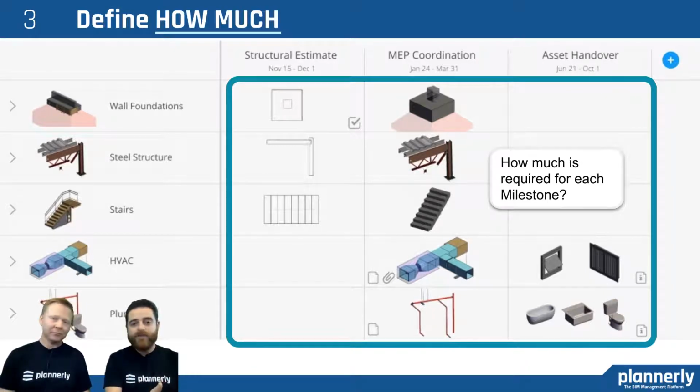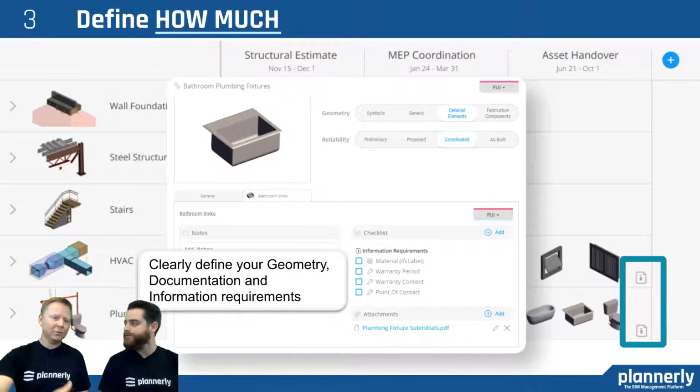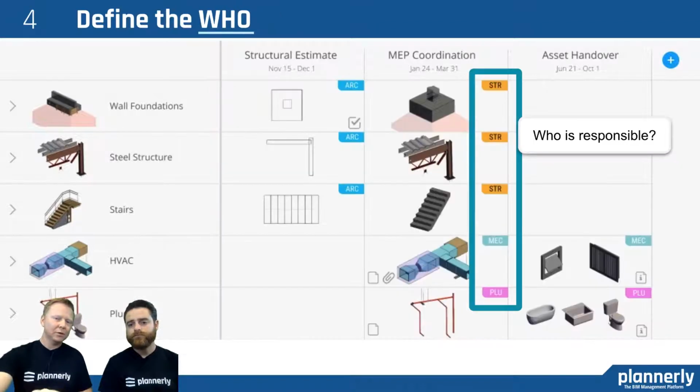So if you need something in 2D, just get it in 2D, and if it ever needs to be in 3D, then ask for that, because it might have some other better use for coordination. Or as you can see, we're not asking for any kind of asset handover of sinks or plumbing fixtures until the asset handover. So really focus on when you might need those objects and when they need to progress in detail. And also, you mentioned there on asset handover, what information is important. So what's the geometry, what's the documentation, what's the information for each information delivery milestone, and understand also who is responsible for it, especially when you have a handover.